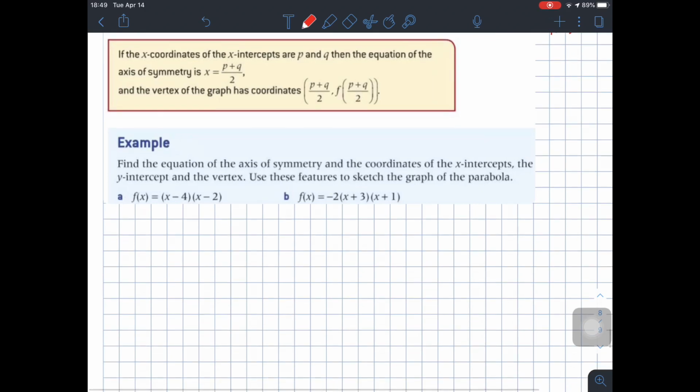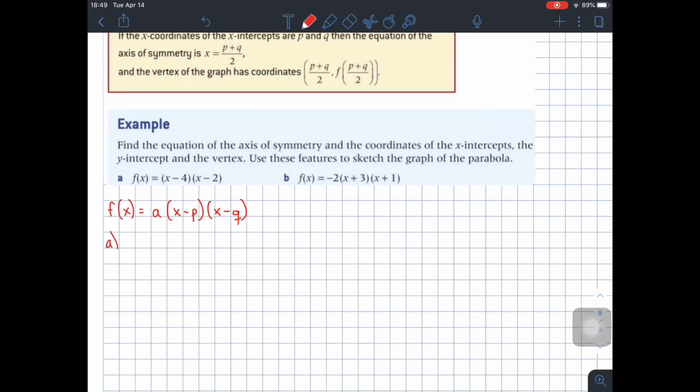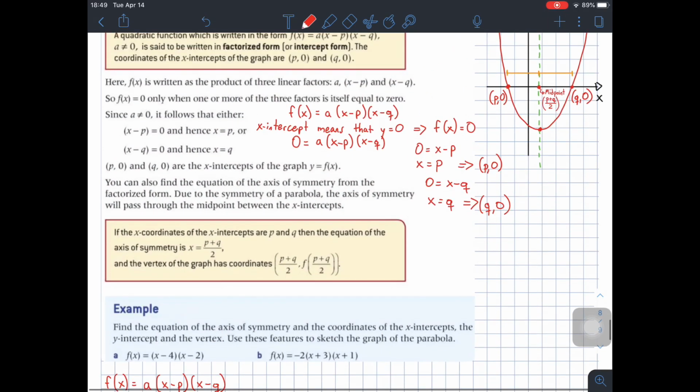Okay, so remember, the factored form of a parabola is f of x equals a times x minus p times x minus q, where a tells us if the parabola opens upward or downward, p and q are the x-intercepts, or also known as roots of the quadratic function. Okay, so in part A, we first need to find the axis of symmetry. How do we calculate the axis of symmetry if we're given the function this way? Remember, from this concept we saw here,